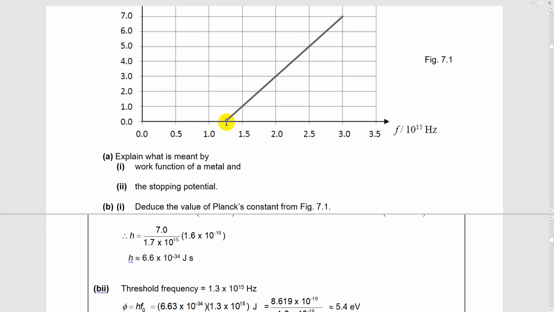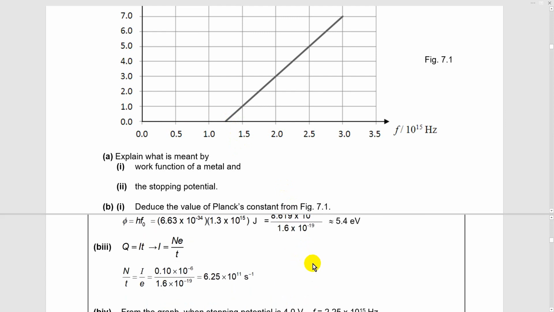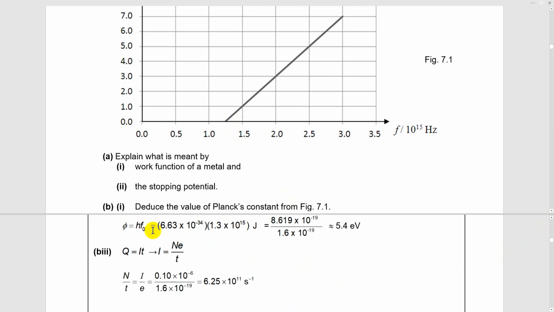So from here, that will be the threshold frequency. Then from the threshold frequency, we can calculate the work function. Okay, the work function is simply phi, which is equal to h times f naught. Okay, another formula for the photoelectric effect equation. So we sub in h and we sub in the f naught. You can either read as 1.3 or 1.25. Okay, when you sub in, you get the answer